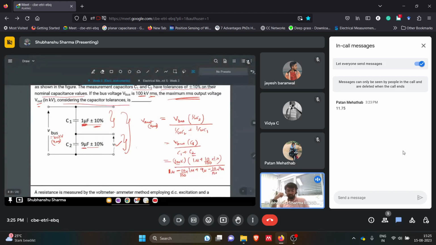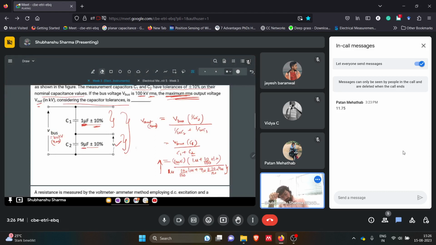Why did I take minus? Because if I subtract something in the denominator, the overall thing will be maximized. If we would have taken plus here, then this denominator will become high and the overall thing will be less. But we need the maximum RMS output, so that's why we took this thing here,